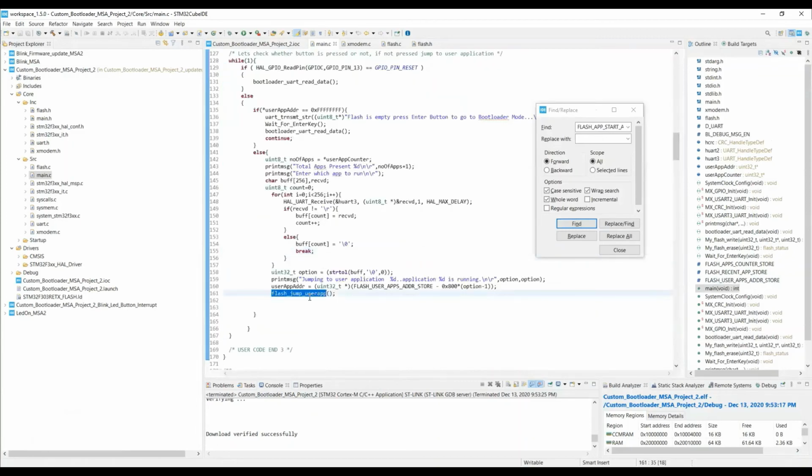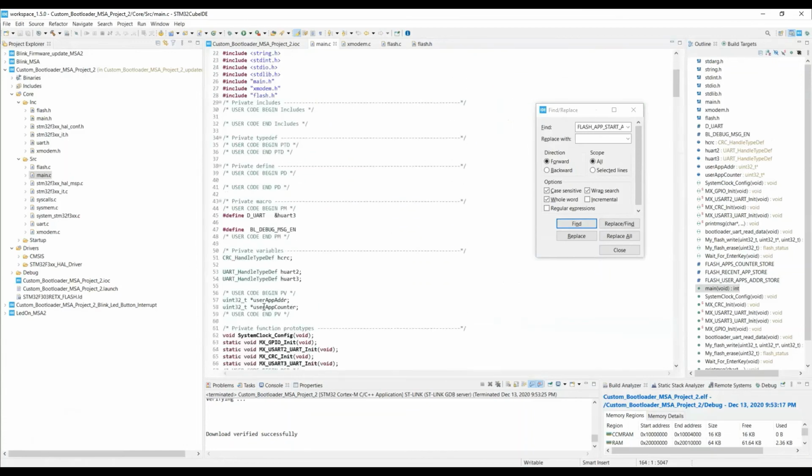Even this flash jump user API is similar to that. This pointer will get changed based on how many apps are installed. So if a new app is installed, this pointer will point to the new memory location. I will show you these APIs in the ST-Link utility as well.